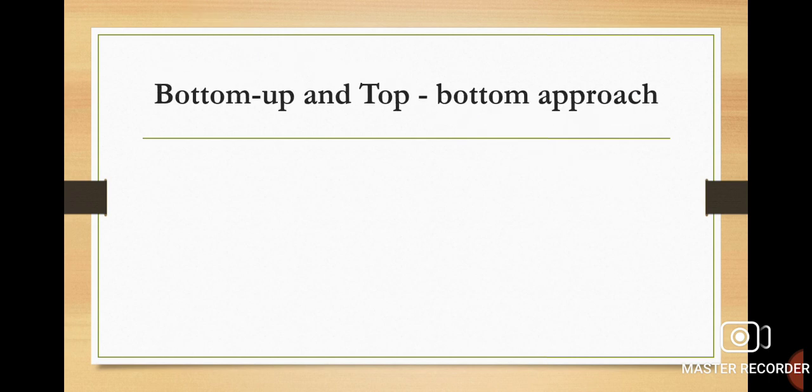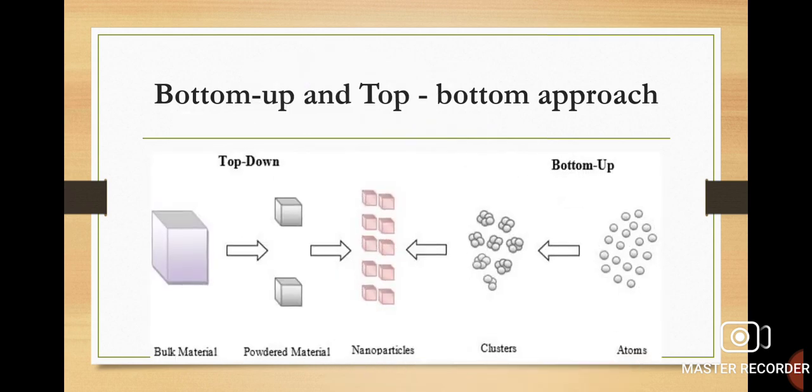Now let us understand the concept that I am going to teach you in chapter 1, that is bottom up and top down approach. This is used to fabricate nanomaterials and nanoparticles. See here, it shows the bottom up approach from this direction to this direction. Bottom up approach means initially your nanomaterial is in the form of atoms, then it will be converted into the cluster form, then nanoparticle form, then powder material form, and then you can build your bulk material. So this is known as bottom up approach of fabrication.